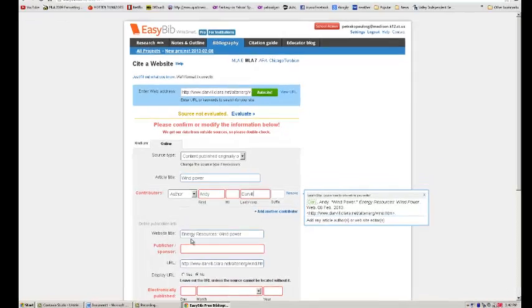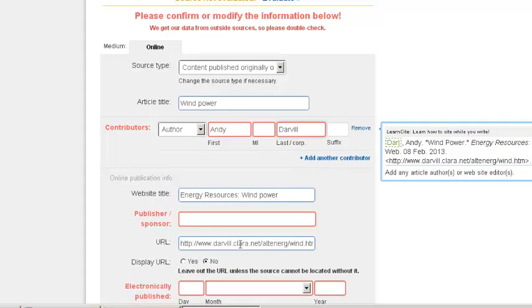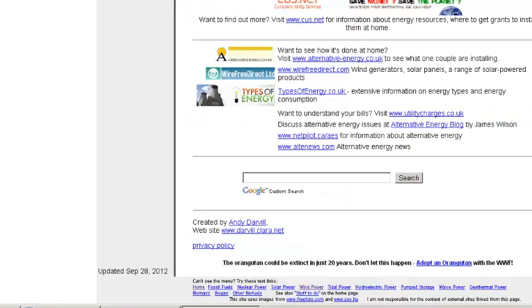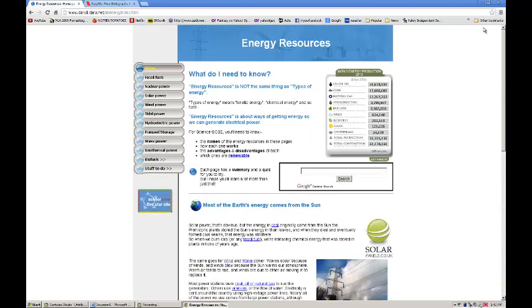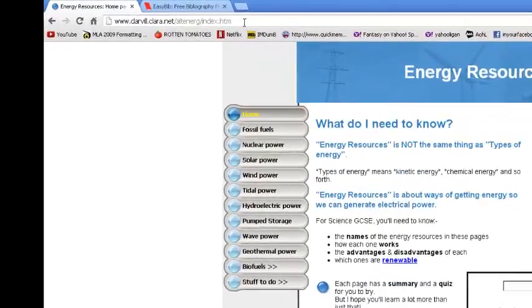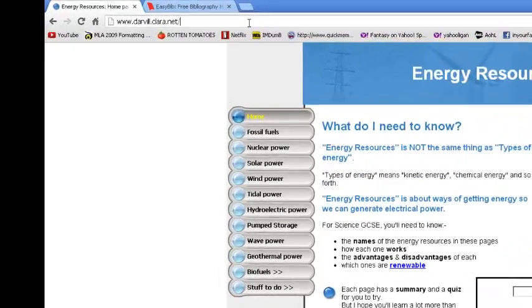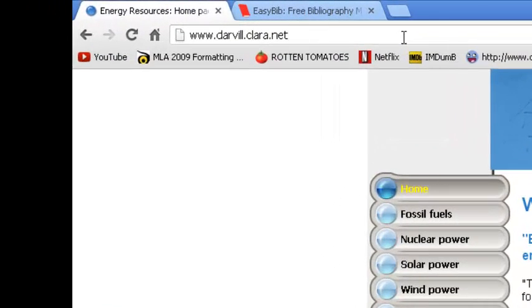Website title, Energy Resources Wind Power. So if we go back to the page, right now we're on the page. Whereas the article title just focuses on the specific article we're reading, the website title has to do with the main site, which here is Energy Resources. But if you truncate the URL and go back to the most basic URL address before the first front slash, and then hit enter,